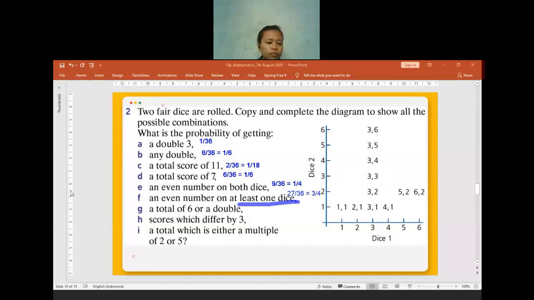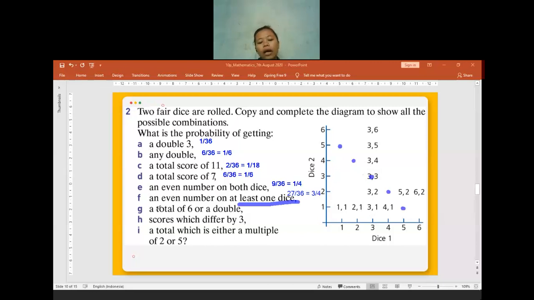Is it 12? I don't know. I'm not sure. Okay, maybe if you get confused, you can make a list of the combinations that will have a total of 6. A total of 6 can be 5 and 1 or 1 and 5, right? After that, it can be 2 and 4 or 4 and 2, and then it can be 3 and 3, right? All of them will equal 6.